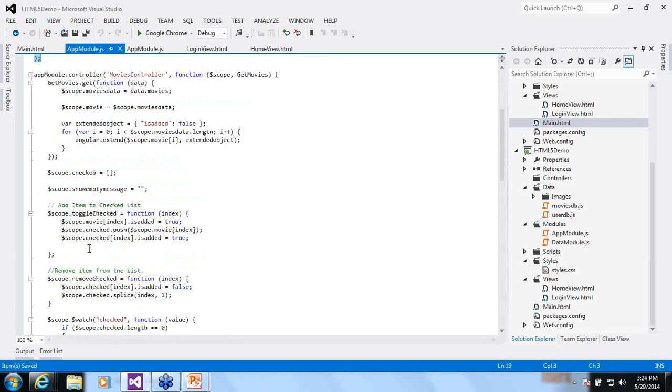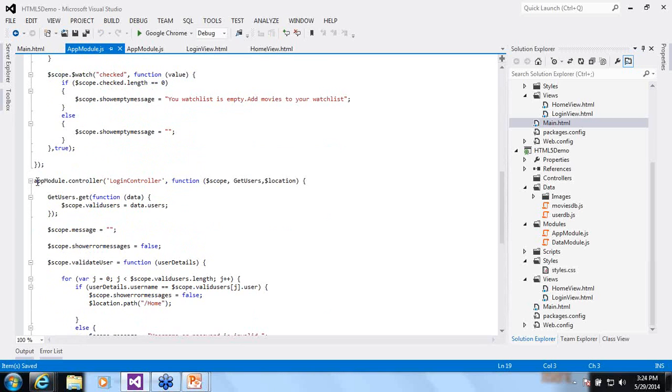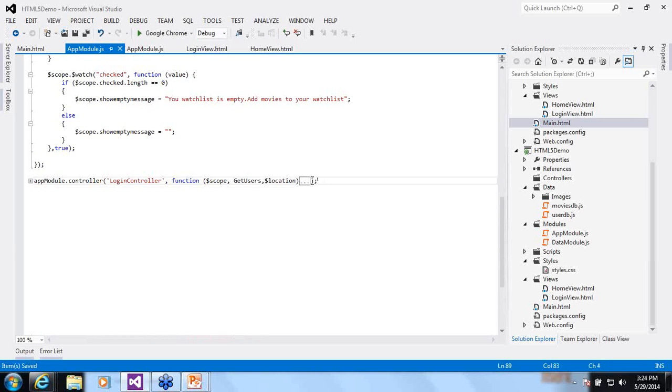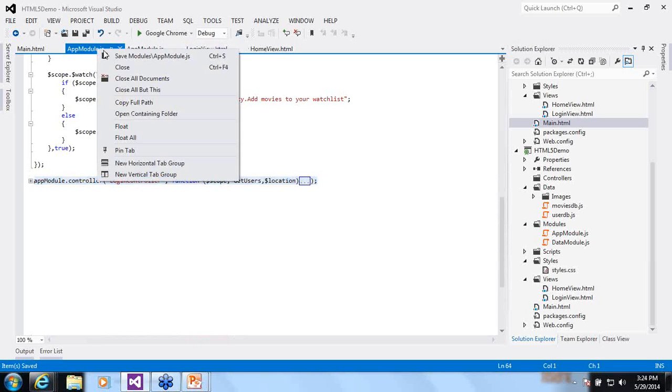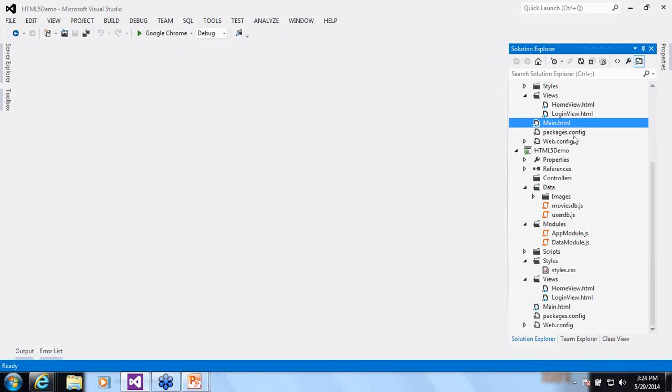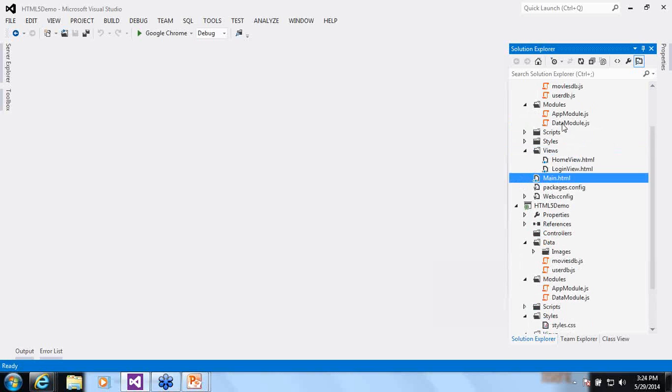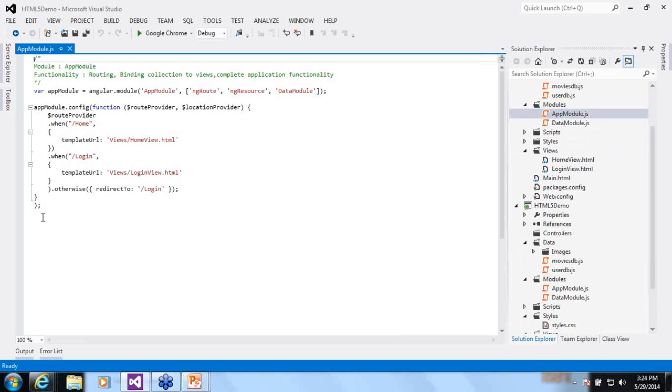Now let us go to the login functionality. Now in our app module, we have a controller, so this is our app module.js.